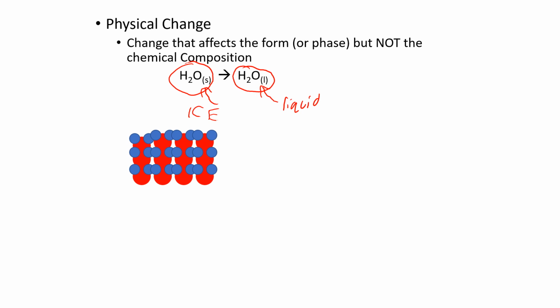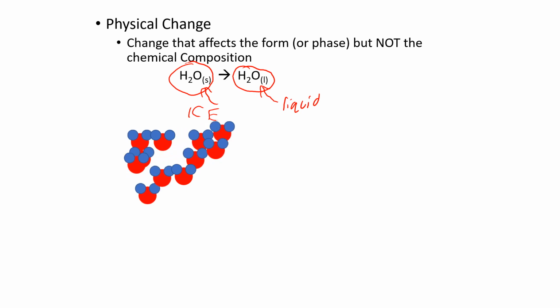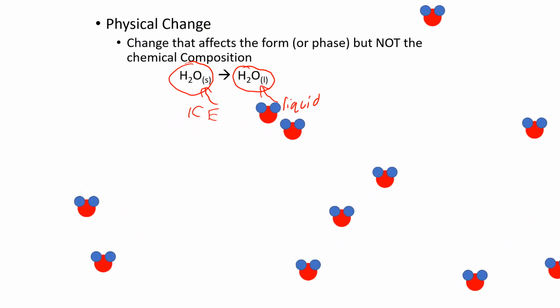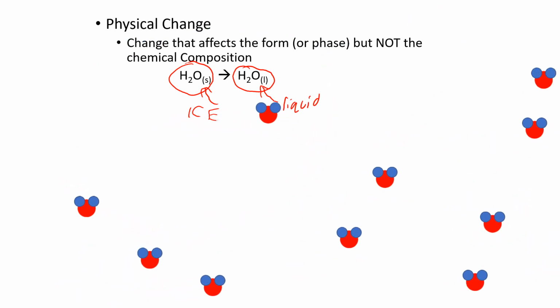Now, we're all familiar with how to change ice into liquid, or ice into water: you heat it up. You take ice and add some heat to it, and that causes the particles to move around and spread themselves out. So this is a physical change because even though we changed the way it looks and the way that it is contained, if you look here,